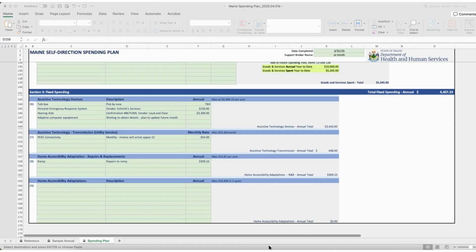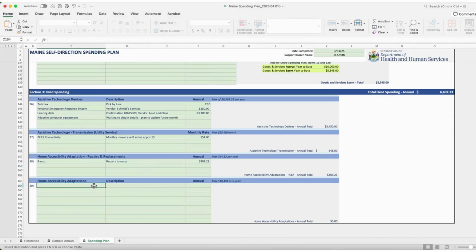So there's three more items that I'm going to add here at the bottom. We need to widen the doorway. There's a ramp with some additional details that are TBD and some fire safety items that total $5,000. So now we have total spending for each of those four categories over here on the right hand side. We have our total fixed spending over on the right. This brings us to the